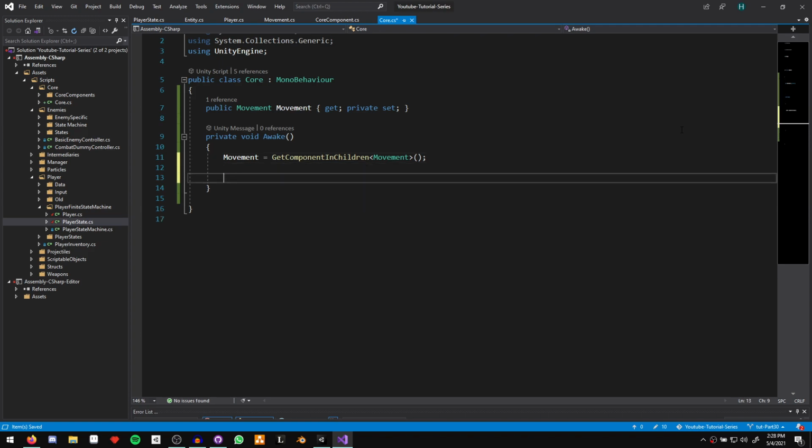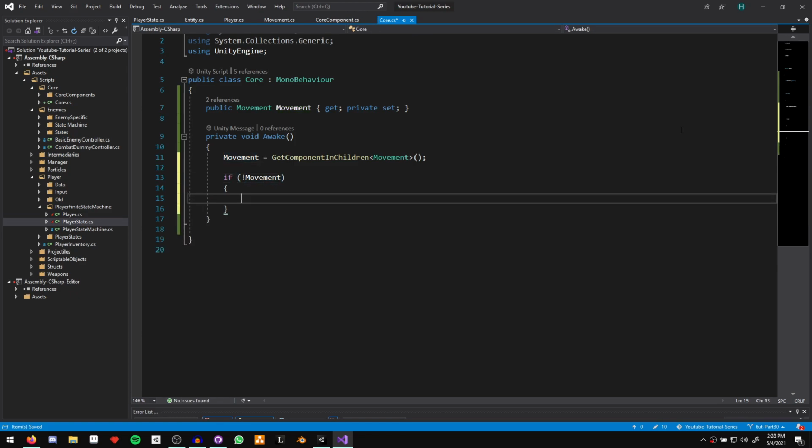Let's go ahead and just add a check in for ourselves again to make sure that we didn't forget it. So we'll say if not movement, basically the same thing as saying movement equals null. You can use whichever one you want. Then we'll just say Debug.LogError, and our error message is just going to be "Missing core component,"